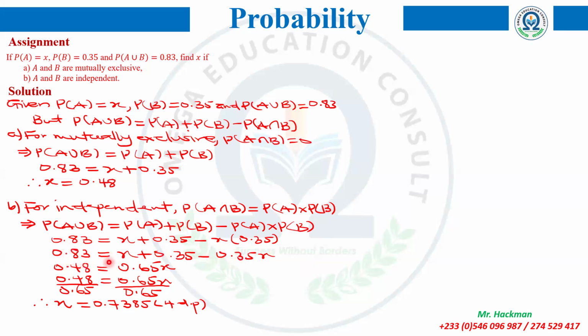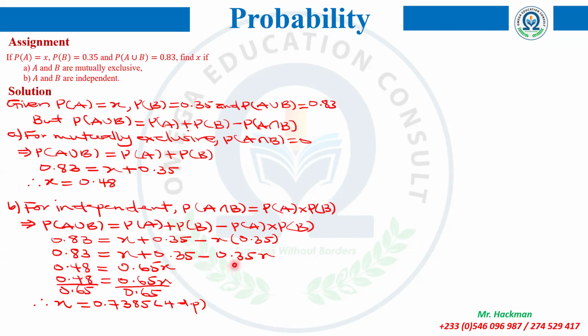So 0.83 will be equal to X plus 0.35. I'll come and multiply this, which will give me 0.35X. What am I looking for? I'm looking for X. So I collect all the terms in X and all the non-X terms on the other side. So I decided to bring this one here, which will give me 0.83 minus 0.35. So that will give us